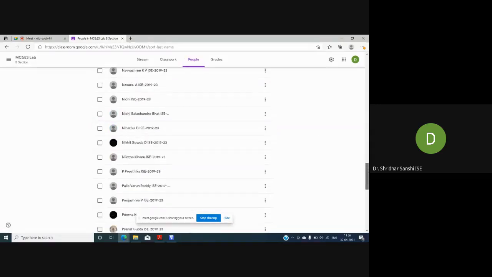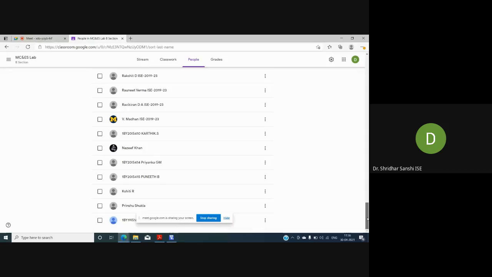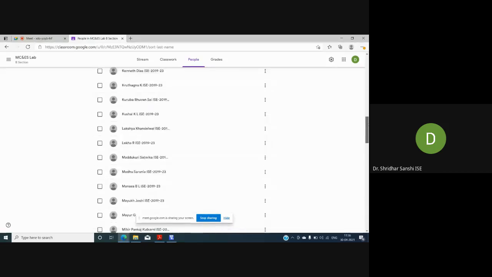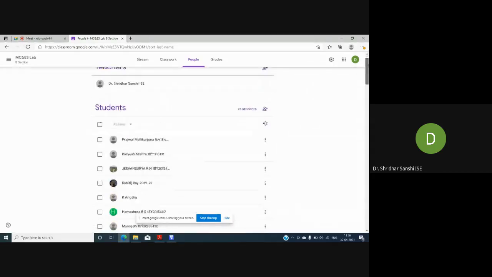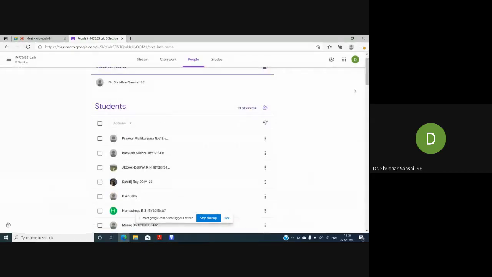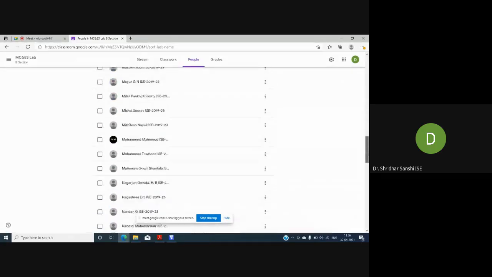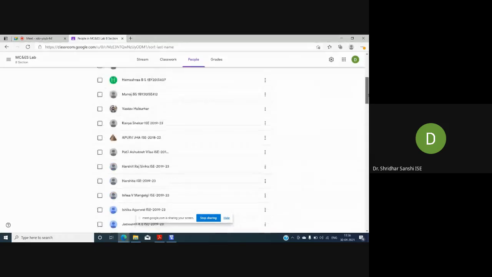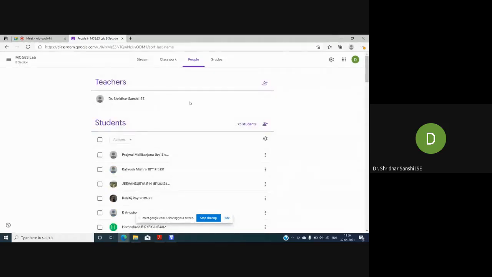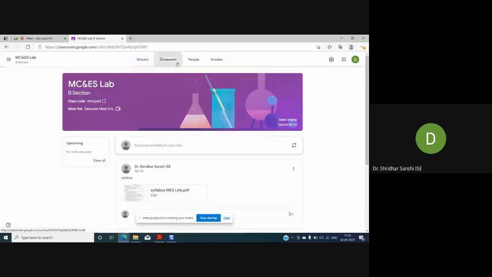I think diploma students, I guess. All diploma students joined. I think the last numbers 414 and 450, I don't know whether they have joined. 415 joined now. Okay. So the remaining 2 students should join this class.